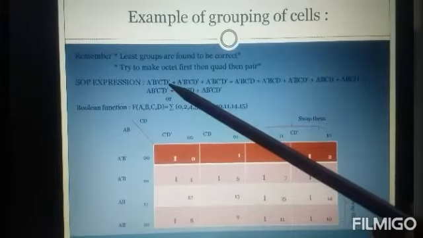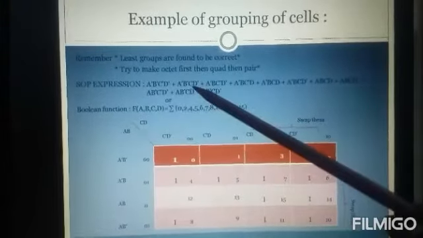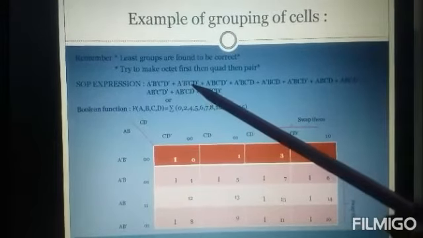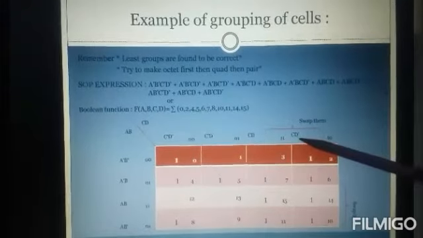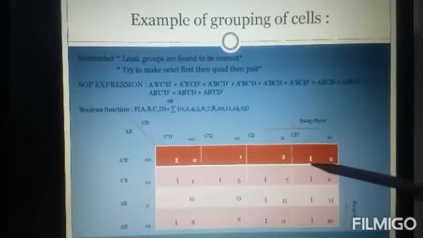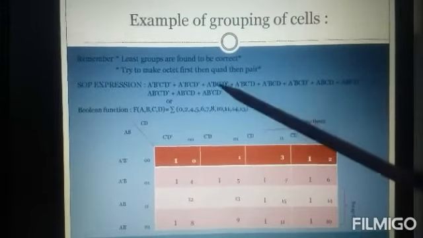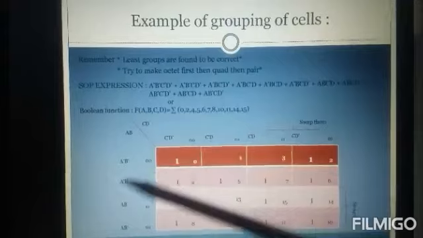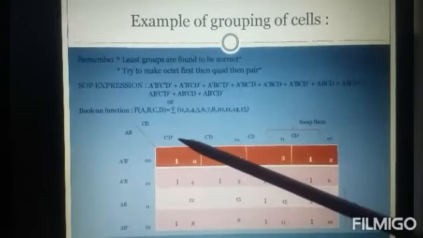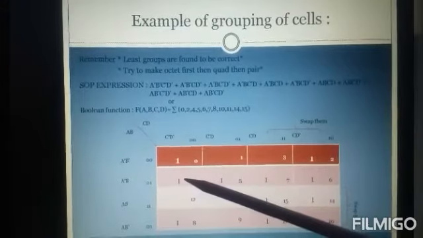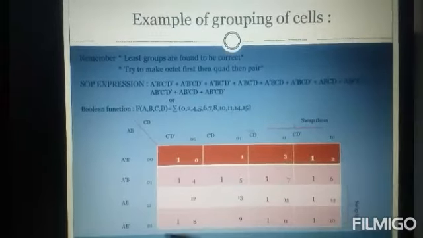First min term we are having. In that min term, what we have to write? 1. Then again the next min term, a dash, b dash, c, d dash. Then the merging pointers here means we have to write 1 here. Same way, a dash, b, c dash, d dash. 1 we have to write. In the same order I had written all these things.